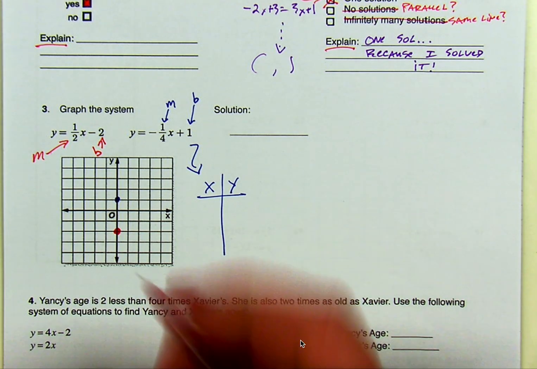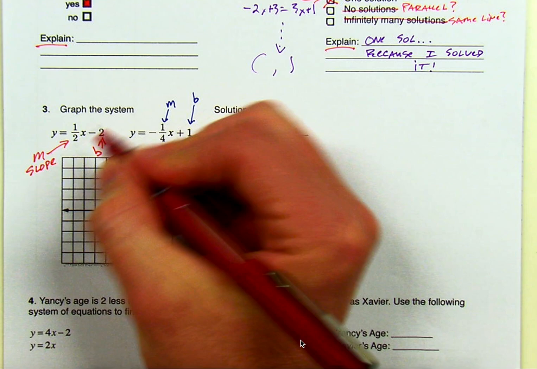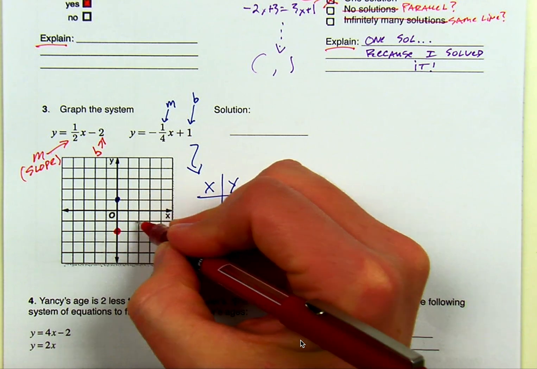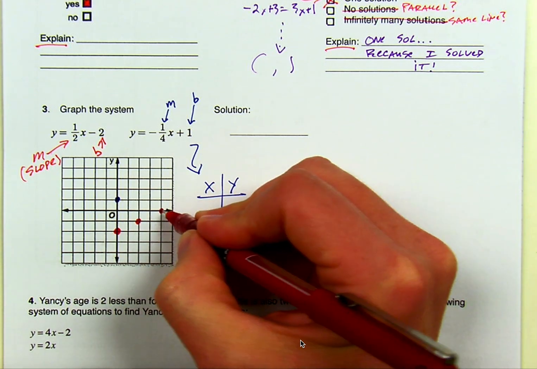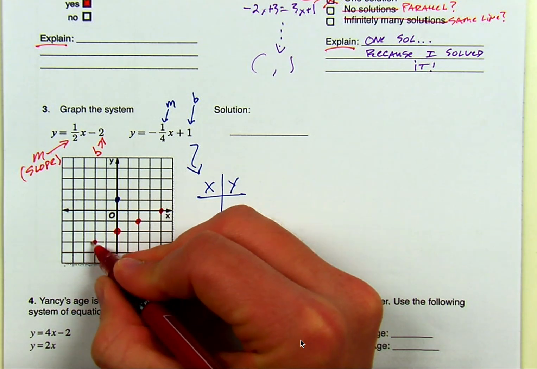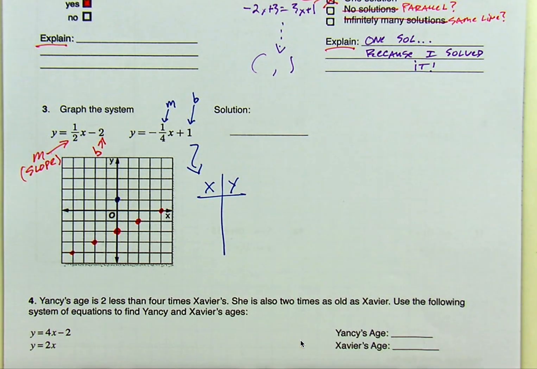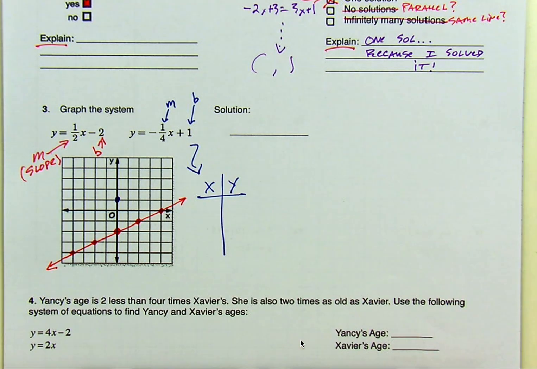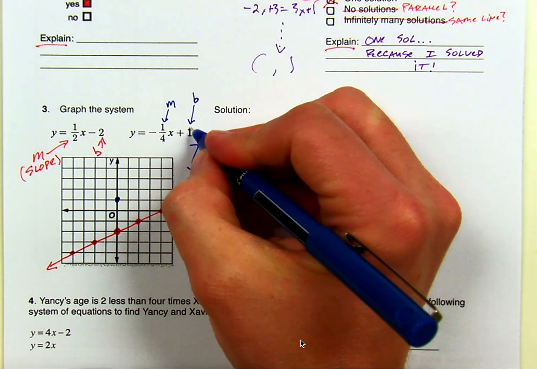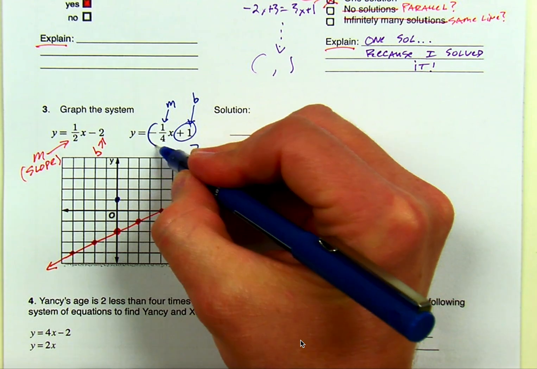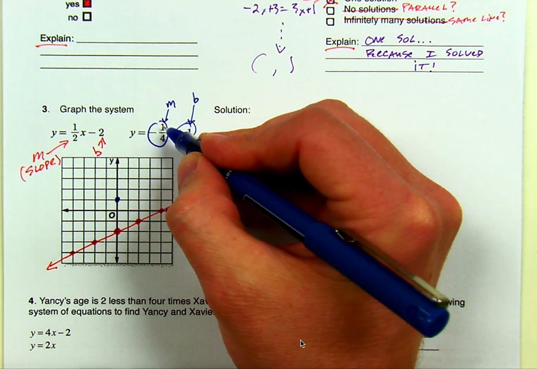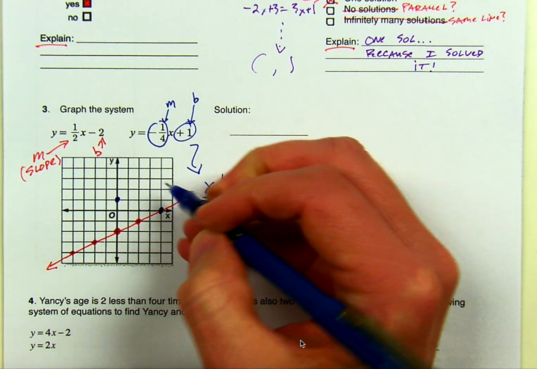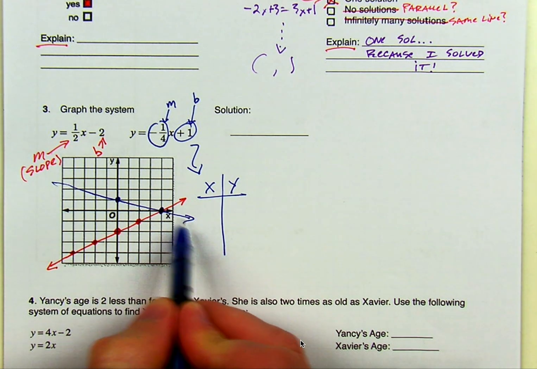Then you use the slope, right? Remember, the number in front of the x is the slope. And if this is 1/2, that means this one goes up 1/2. And then it'll go up 1/2 again. We could even count that pattern the other way. And boom, now we have a good idea of what our line looks like. And we can even connect the dots to show that's the first equation. What's the second equation going to do? We already said it starts at 1, but its slope is negative, so it's going to go downhill. Down 1/4, down 1. Oh, there's my solution, right? So there's my graph, and